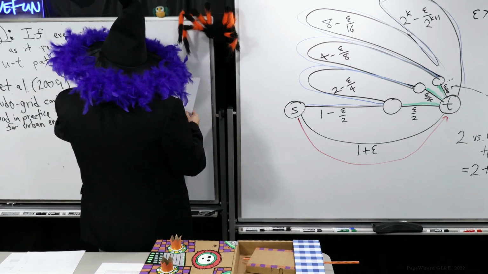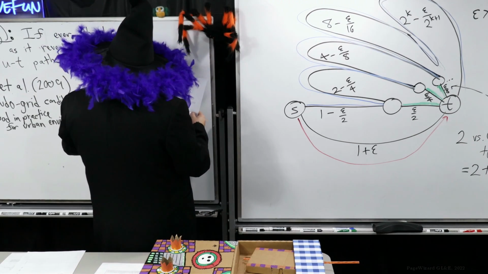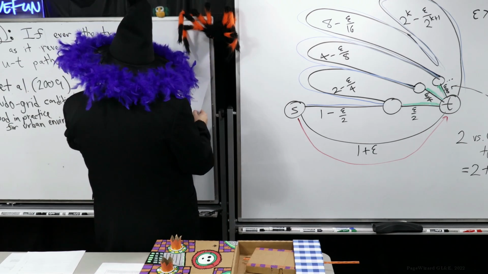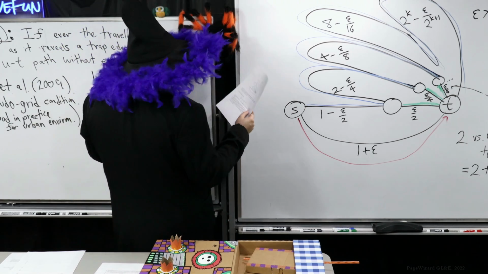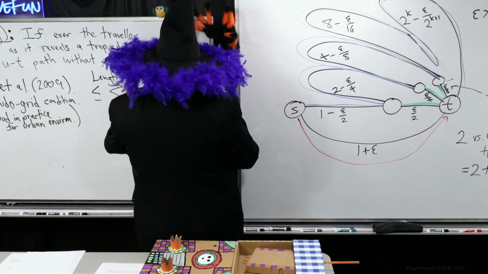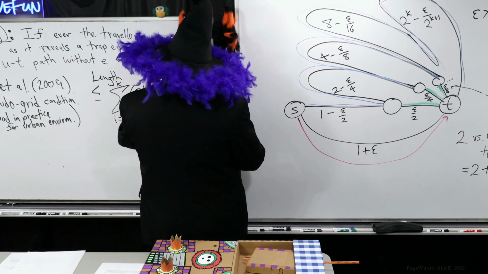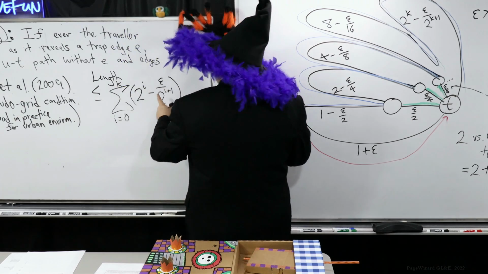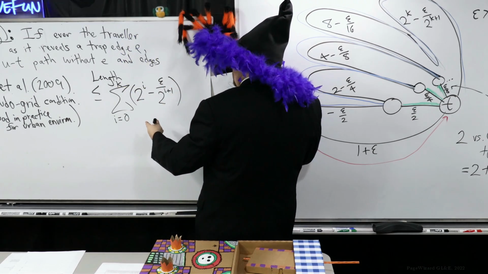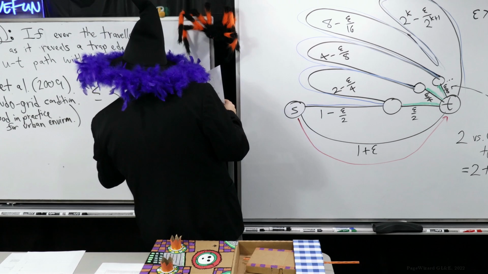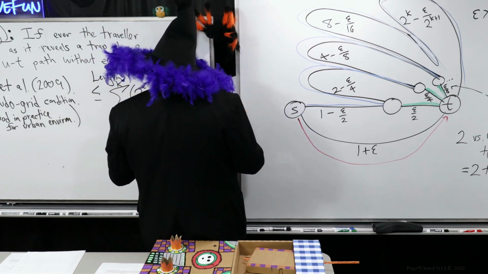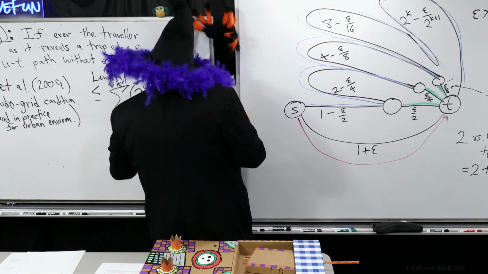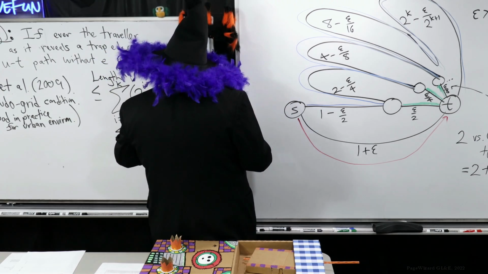The length is at most the sum from i equals 0 to K of each one of those edge weights that I go through, 2 to the power of i minus epsilon over 2 to the power of i plus 1. Well, you notice that all of these are just subtracting off a chunk, so I'm just going to get rid of it. So this is at most, so I'm bounding it from above, the sum from i equals 0 to K of 2 to the power of i. You would recognize this as a